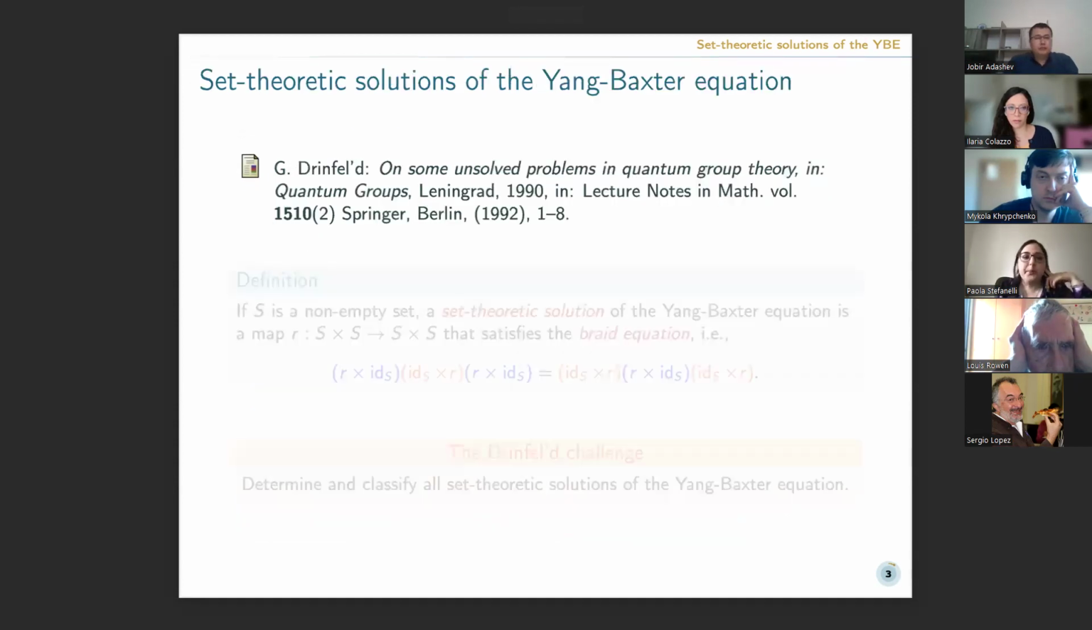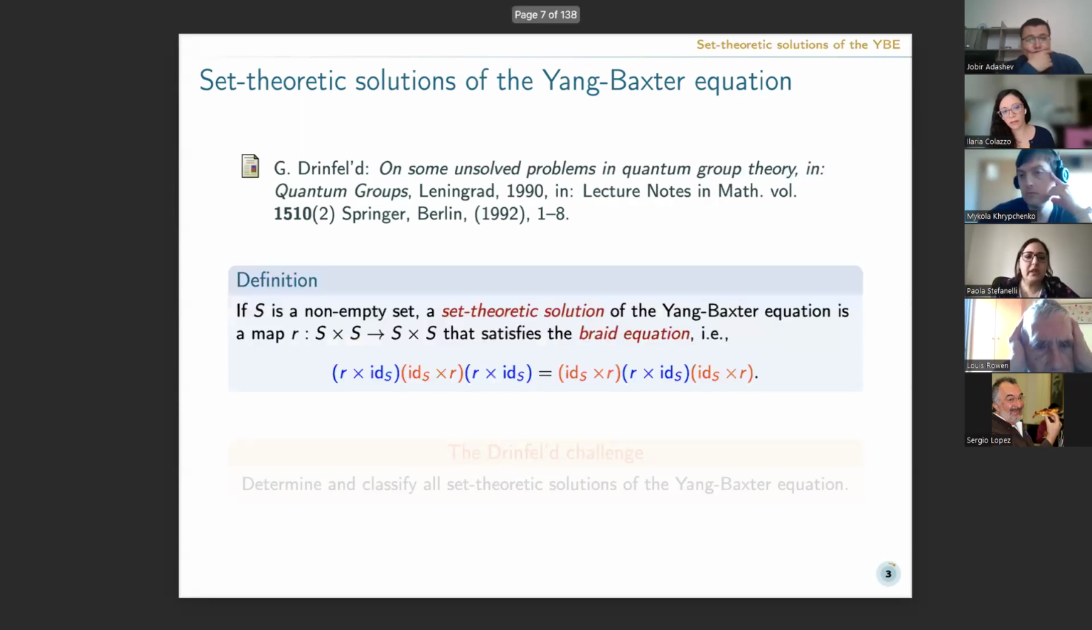But in this talk, I will focus on a subclass of solutions of the Yang-Baxter equation that is named set-theoretic solutions. This class of solutions at first appeared in Drinfeld's paper of 1992. So what is a set-theoretic solution of the Yang-Baxter equation? If we have a non-empty set S, a map R from the Cartesian product S times S into itself is a solution if it satisfies the braid equation, that is